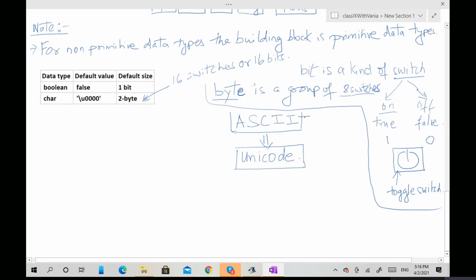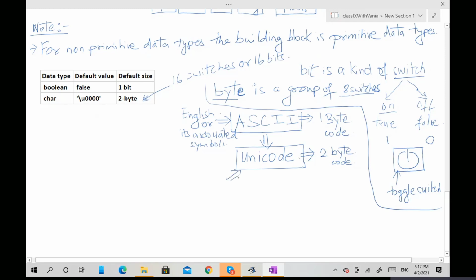ASCII values are 1 byte code and Unicode is 2 byte. ASCII only supports English or its associated symbols. And Unicode is basically multilingual.